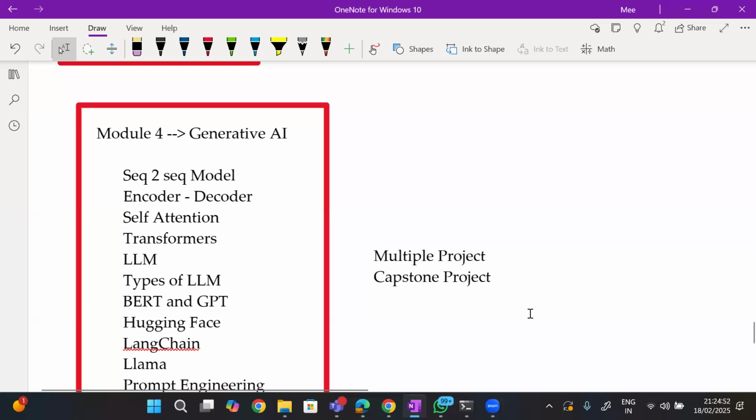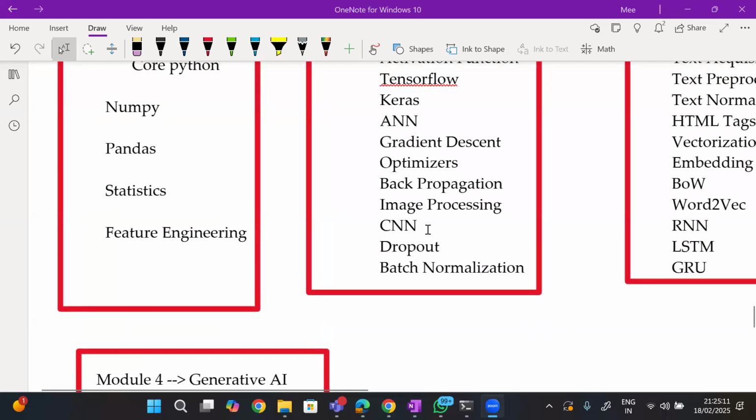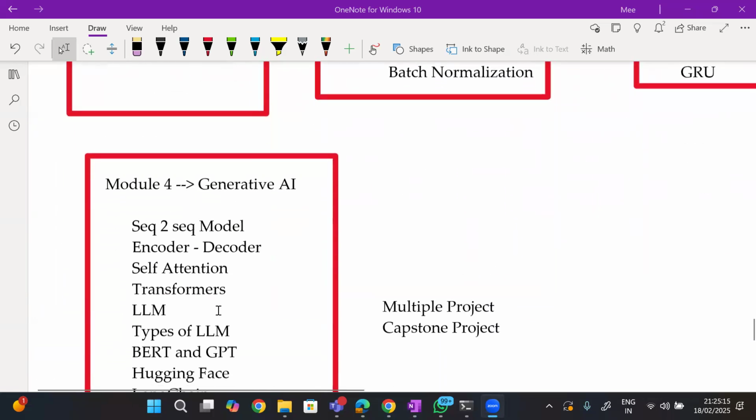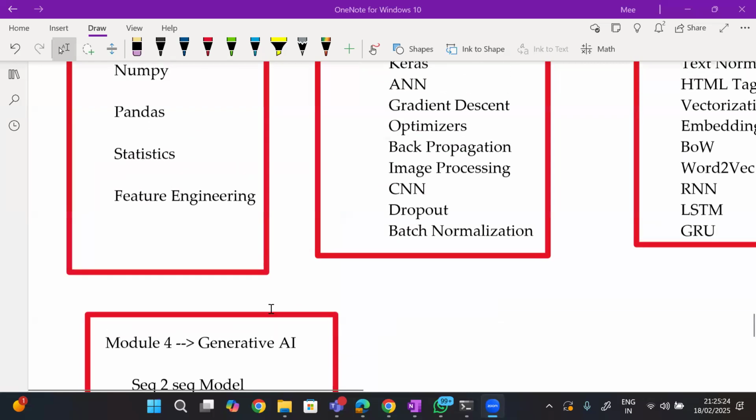Yes. In the US, you can search for job titles like data science with CNN or NLP, or generative AI, Gen AI professional, or Gen AI developer. Okay, thank you so much.